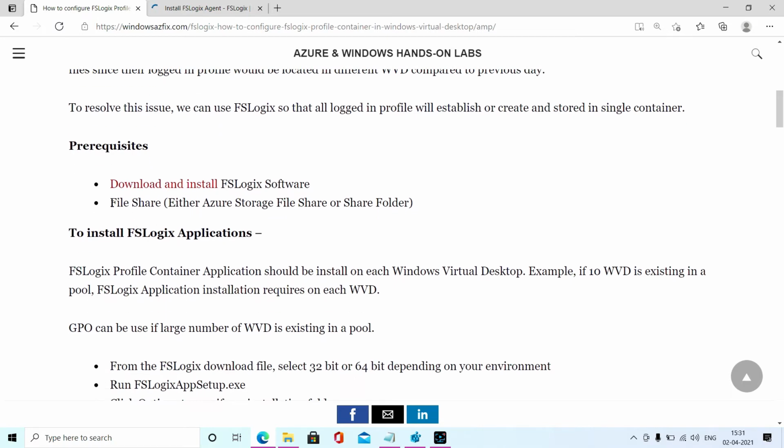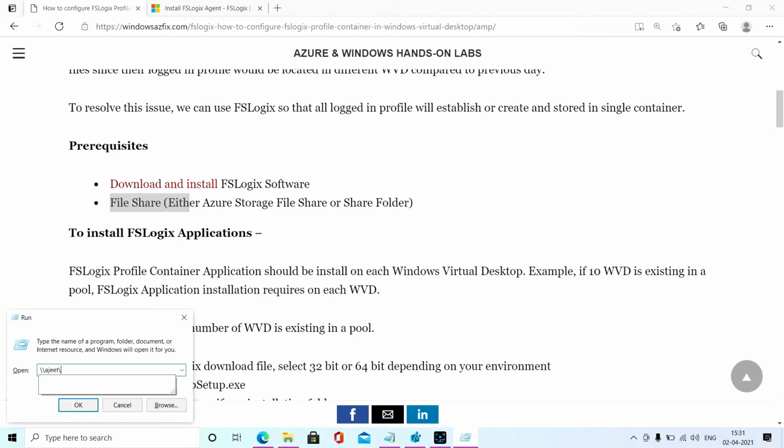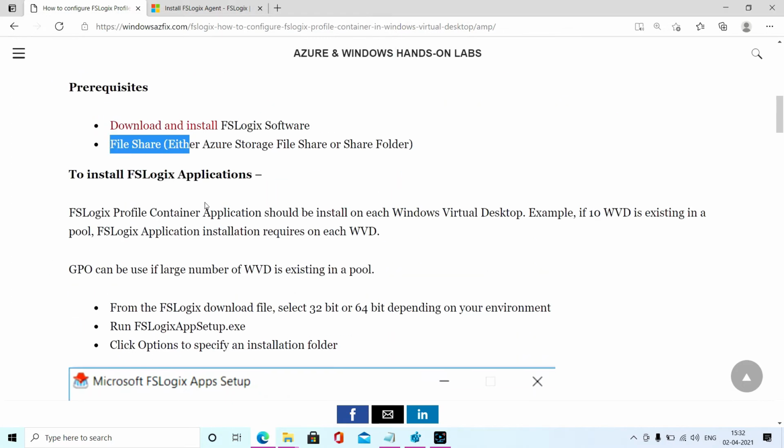After that you need to create a folder here. Okay, let me show you. I have created a folder here containing the name FSLogix Container. This is required whenever you are configuring the WVDs.